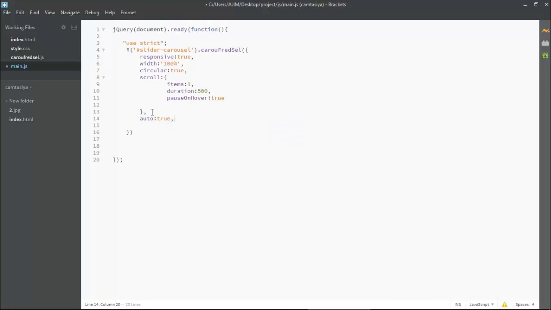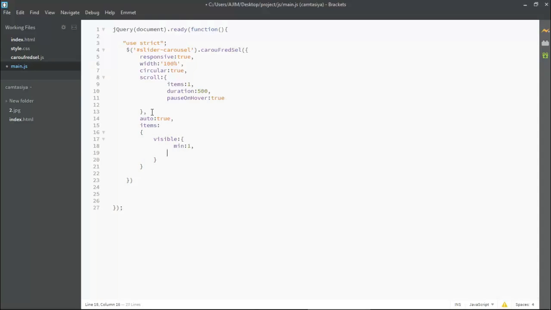And just after this again I'm putting extra values like items. Okay, and it will contain some properties again. So the first property I'm putting will be visible. Okay, and here again I'm taking double brackets, and inside these brackets I'm putting some extra values like minimum slide will be 1 and maximum will be also 1.